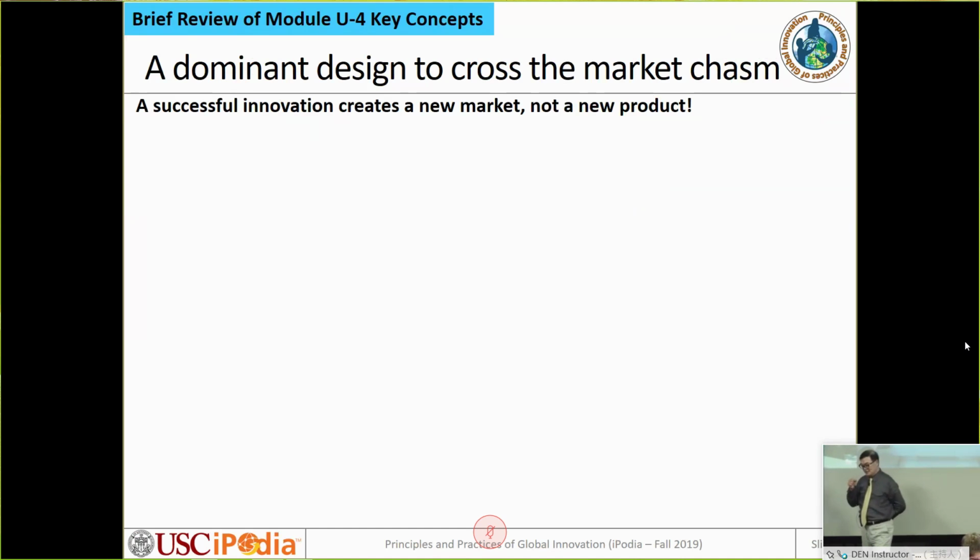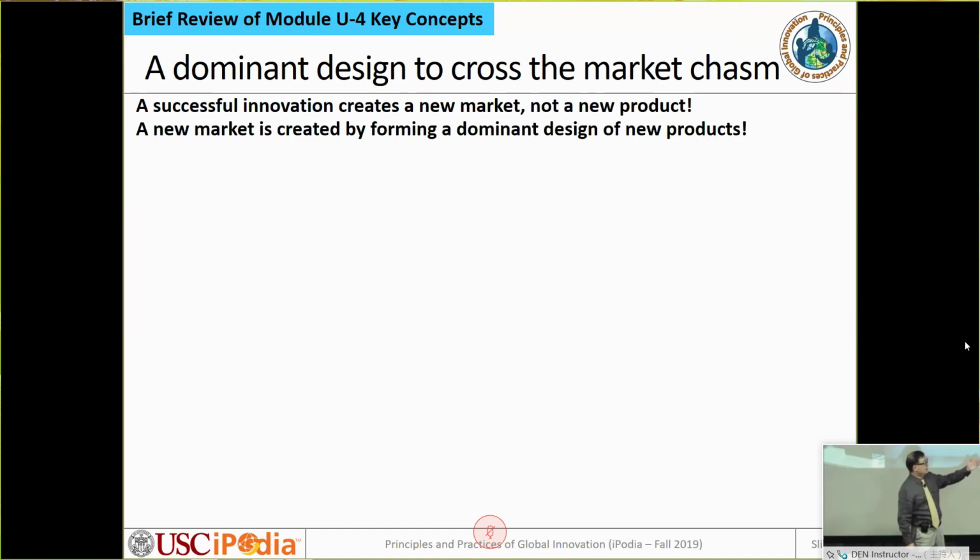So the first important thing to understand so far is a successful innovation must create a new market, not necessarily a new product. This is often confused by people in the technology area. They believe they know technology, they create a new product, their job is done. No. The product you create for innovation is only the means to the end. The product is the means. The end is what? It's a new market. How do we define new market? A market which has a dominant design, right? A new mainstream market. So first you want to make sure that you create a new market with a dominant design. Then a new market is created by forming a dominant design. In other words, the real goal of innovation is not just to create a new product, but create a new product and make sure